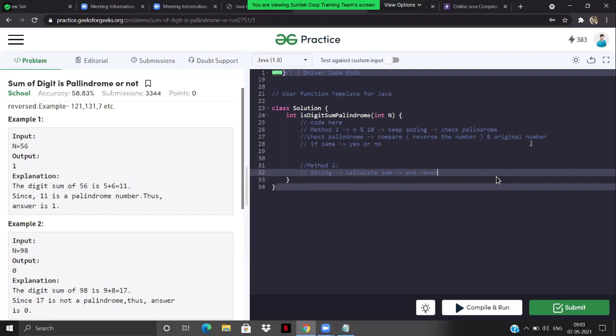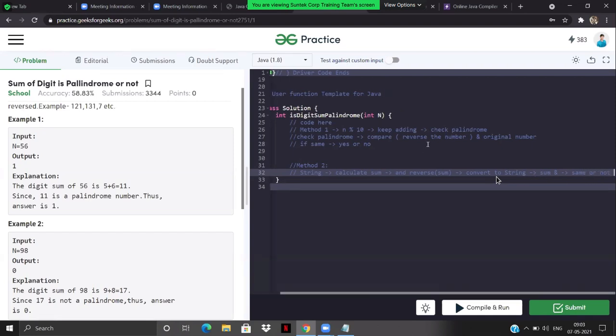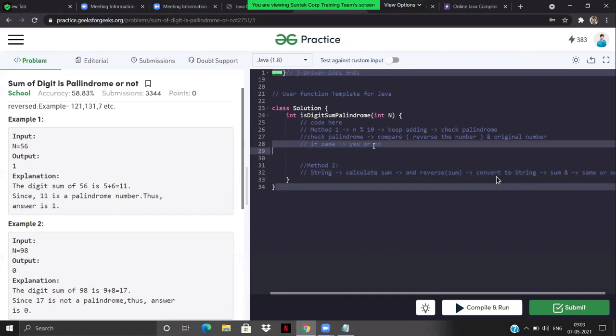And reverse it now. Whatever sum you got, reverse it. So reverse the sum. Okay. Then again convert it into a string. And after converting, you need to check whether the sum and the conversion you did are the same or not. Right? If same, yes or no, you need to print it out.